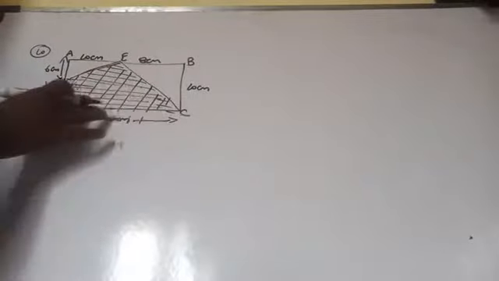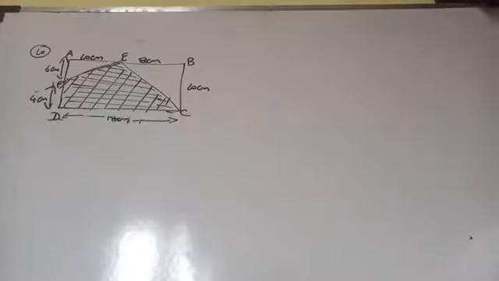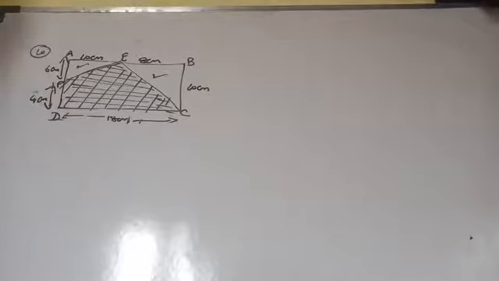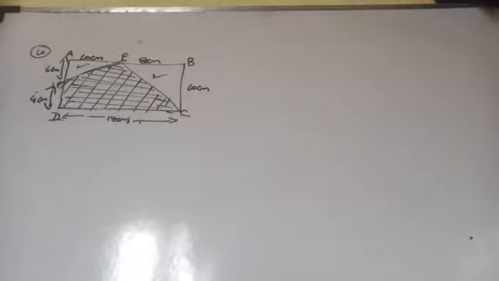So, what can you do now? How will you find the area of the shaded portion? Yes, this is a rectangle. In the given rectangle, if you subtract the area of the two triangles, you will get the area of the shaded region. So first we can find the areas of these two triangles. What is the area of the triangle formula? Half into base into height.